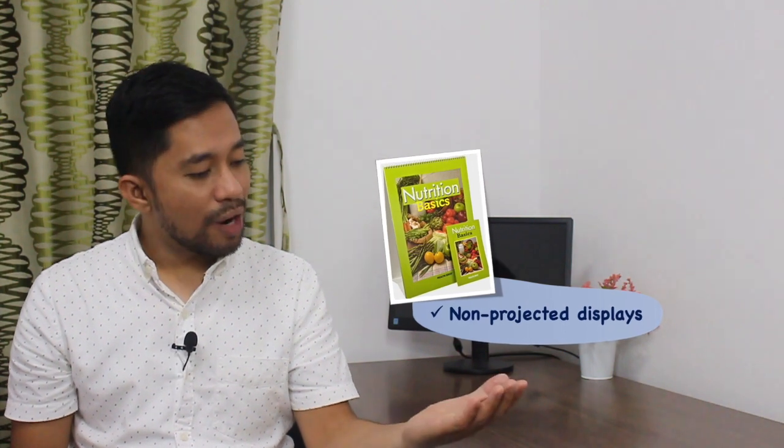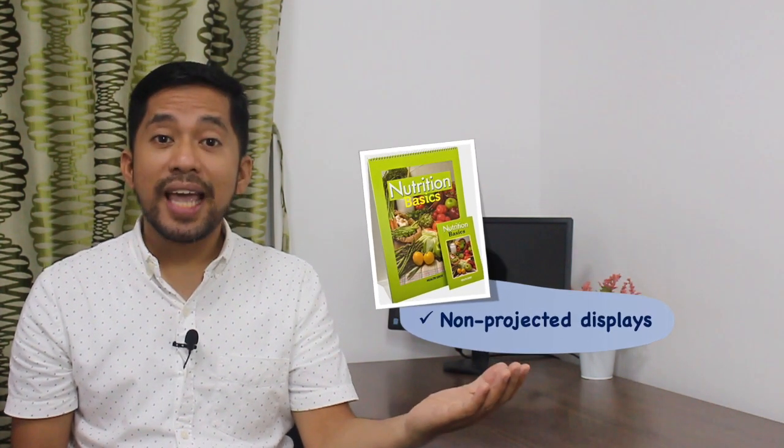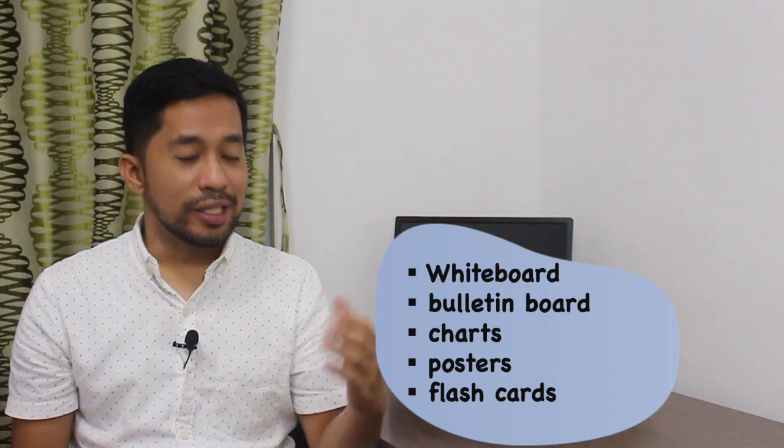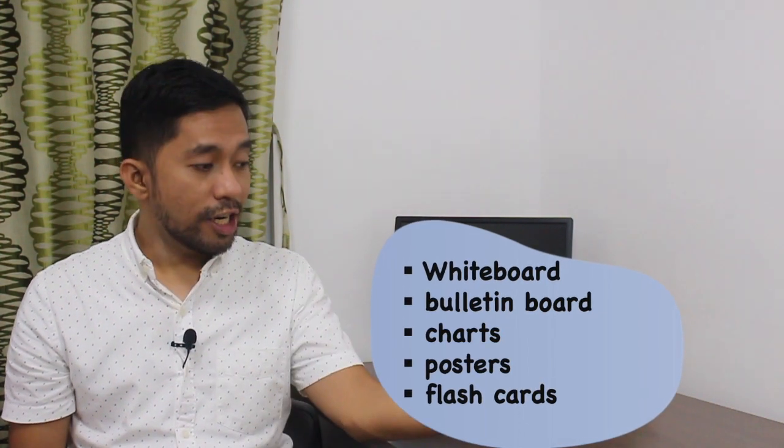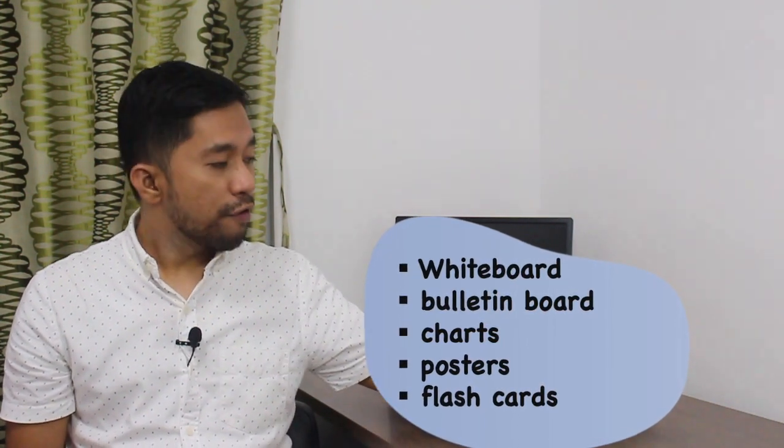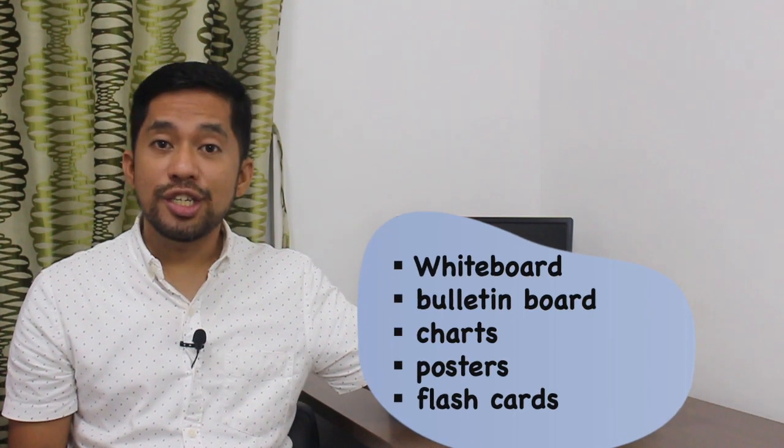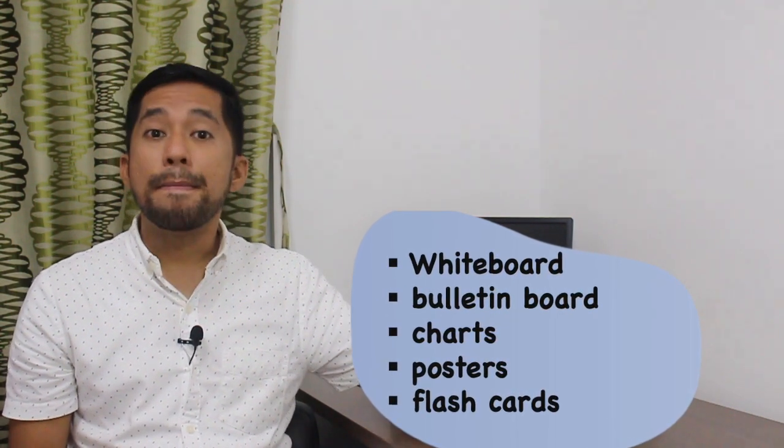Flip chart, as our example, fits this category because it is a visual display, but it does not need any optical or electronic projector of any sort. Other examples may be whiteboards, bulletin board, charts, poster, flashcards, pictures, illustrations, maps, and others. Second,